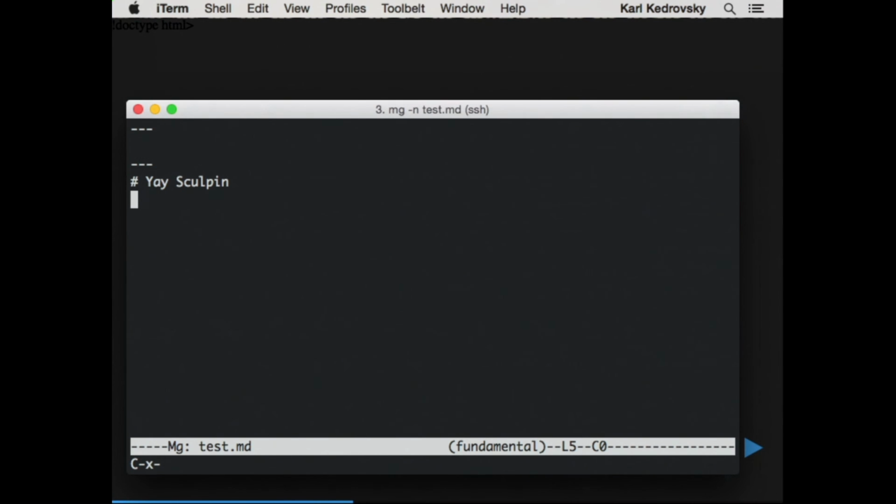So it's super simple. In Sculpin, the front matter is always in the format of YAML. So when you want to put metadata about a post, you just use the YAML format and you put it in between the lines with the dashes on it. And that will become important when we talk about how